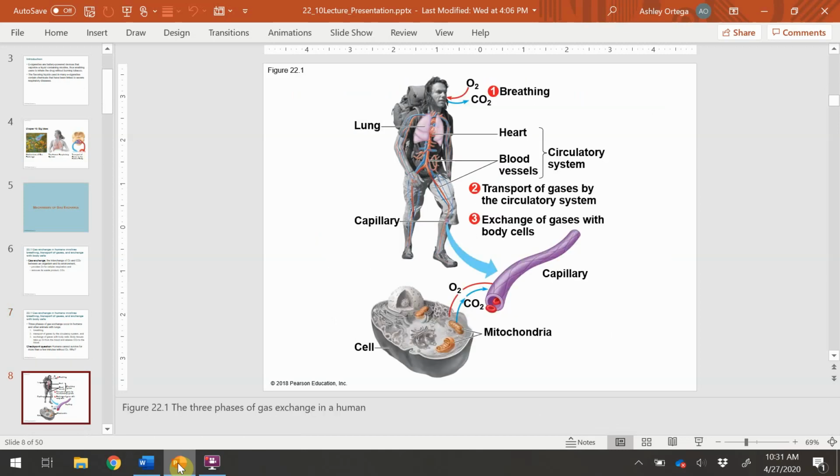And so you can see that in this next image here. The breathing step is inhaling atmospheric oxygen and then exhaling the waste product of carbon dioxide. We use our lungs to breathe, our organ for gas exchange. From there, the transport of gases is done by the circulatory system. In conjunction with the lungs, the circulatory system will receive the oxygen and then receive carbon dioxide as a waste product and exchange it with the lungs.